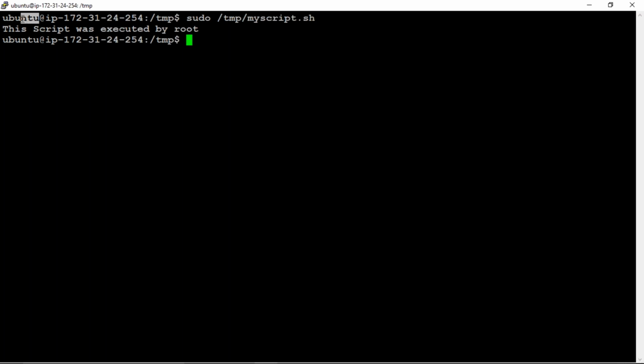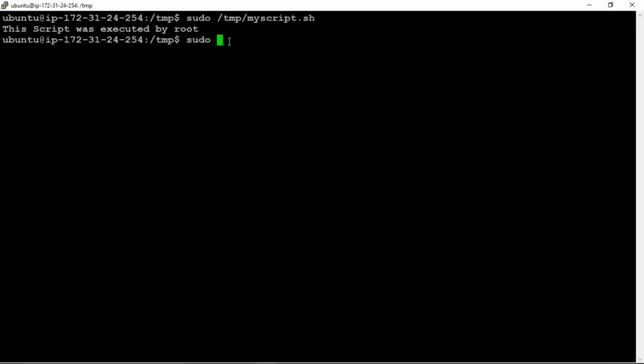One is from root mode; previously I was in root mode, and from root mode I executed the file using this command. After that, I changed to the Ubuntu user. After that also, I can execute by using this command, sudo. Got it?